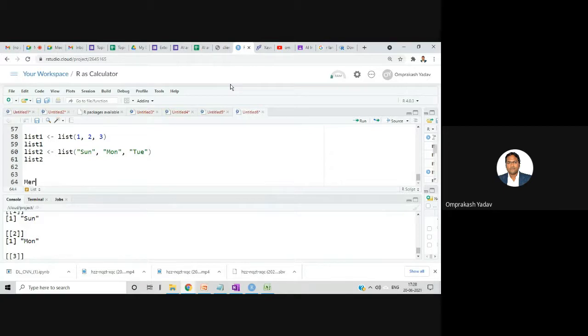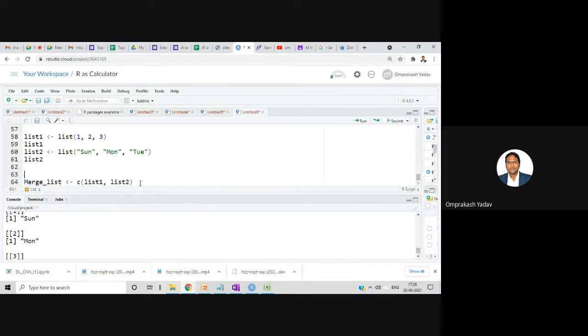I can give the name as merge list, let's say. There were two lists, list 1 and list 2. So I'm combining both lists and storing them inside my variable merge list.